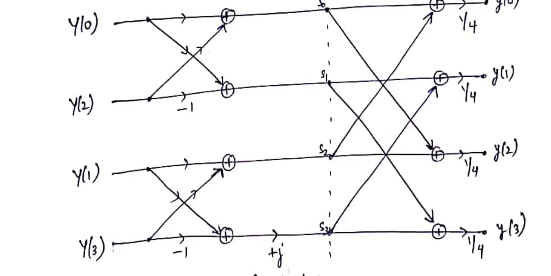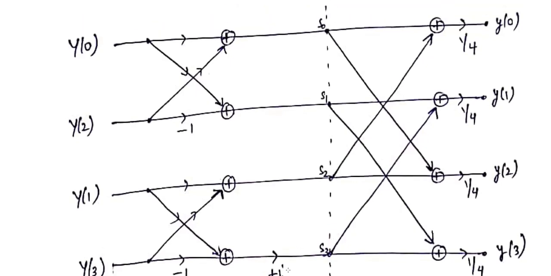In a similar manner you will apply that, and you will get S0, S1, S2, S3. One more change is there, because in the IDFT formula we have 1 by N, 1 by capital N. Here capital N is 4, so we are keeping this 4. You can multiply it with each line at the beginning, or you can also multiply at the end, but it will not change the answer. So we are getting S0, S1, S2, S3, and from that you will calculate small y0, y1, y2 and y3.